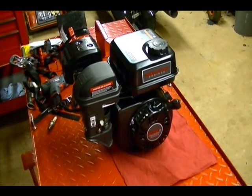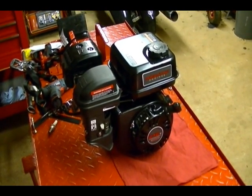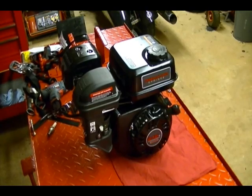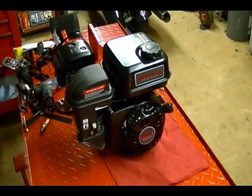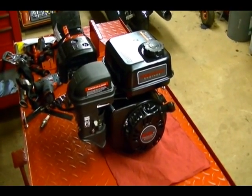What's typical about this engine is the way that the camshaft is timed to the crankshaft, and the way that it's done on this engine is also how you'll find it on Hondas and Briggs and Stratton and Tecumseh, small industrial engines. In this video, I'm going to take this thing apart and show you exactly how you time the